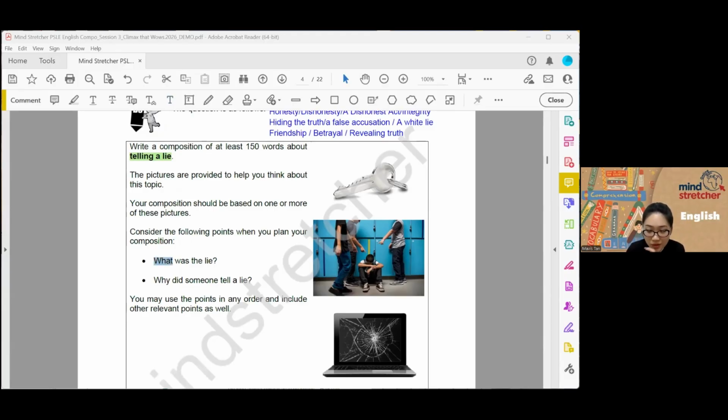But you'll be surprised. I've seen students write a composition about being dishonest or telling a lie. But after reading the whole composition, I'm not sure what the lie is. And this is possible if the student starts focusing too much on writing about some sort of dilemma and forgot to tell the reader what's the lie that the character eventually told. So you have to plan. If you don't plan, you'll start to use techniques or write things that come to your mind as and when. Okay? So don't take this for granted.